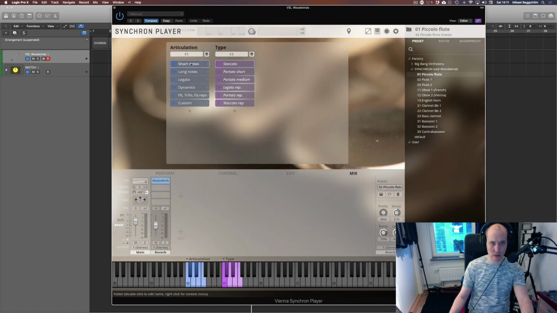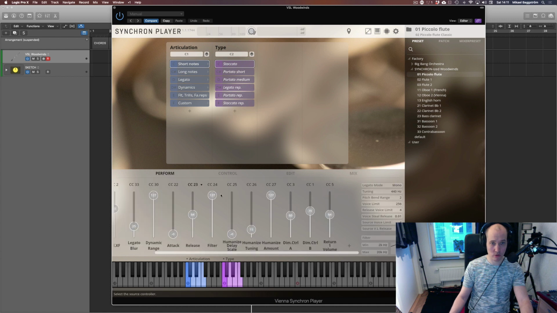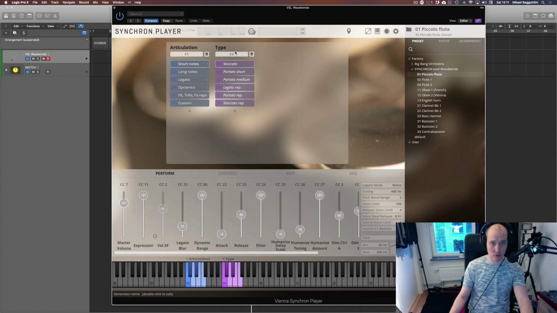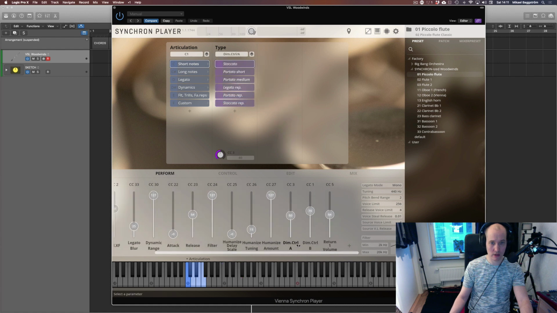And let's load up the short notes. As you can see, you have staccato, portato, short, medium, legato, repetition, and repetition patches here. But what's even cooler is that you can assign it. What I like to do, instead of using key switches, is use the dimension control. And then you can assign A to, for example, yeah, let's use controller